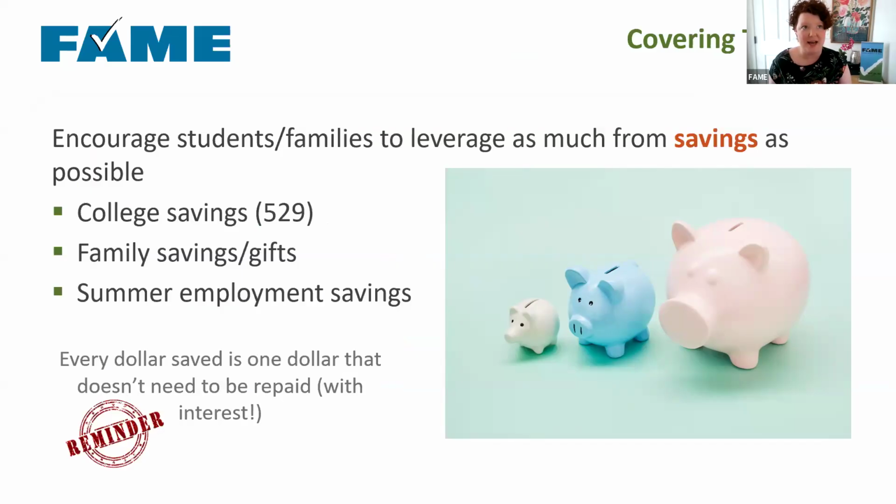One of the big changes in the last couple of years with the changes to FAFSA is that it used to be that if a 529 or any college money came from a grandparent or somebody that was not the immediate family, then the student would have to claim that money on their FAFSA in future years, which could impact financial aid eligibility. That is no longer the case. So grandparents can own the 529s, grandparents can give money, aunts, uncles, and it's not going to impact the student's financial aid eligibility. And then we talked already about those summer employment savings.